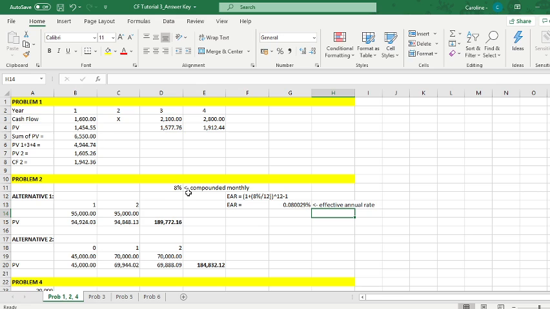This 8% compounded monthly needs to be converted as if it is compounded annually. And how do you find the EAR, or the effective annual rate? You can find the formula in your book or in the question sheet provided, and you find that the EAR, or the effective annual rate, is